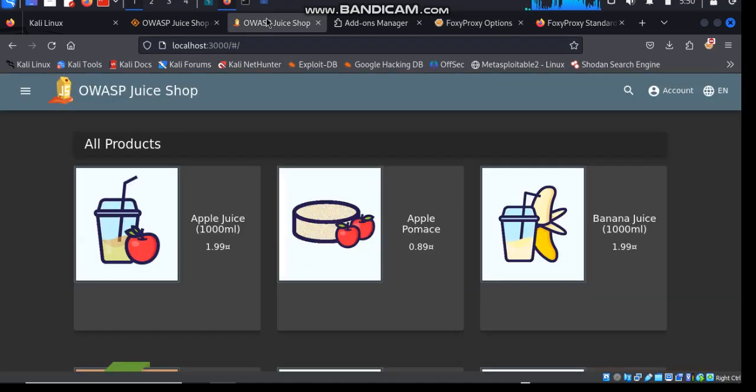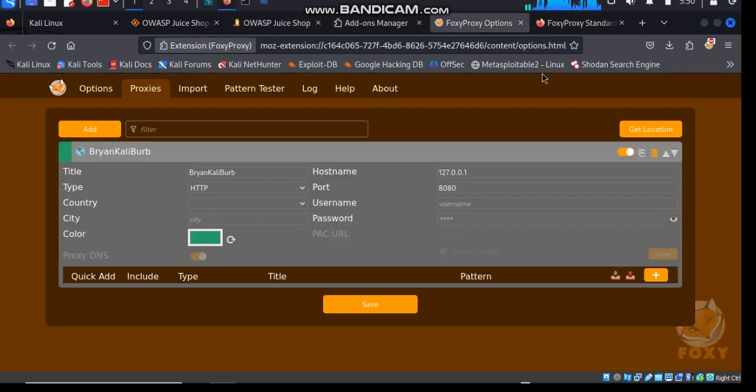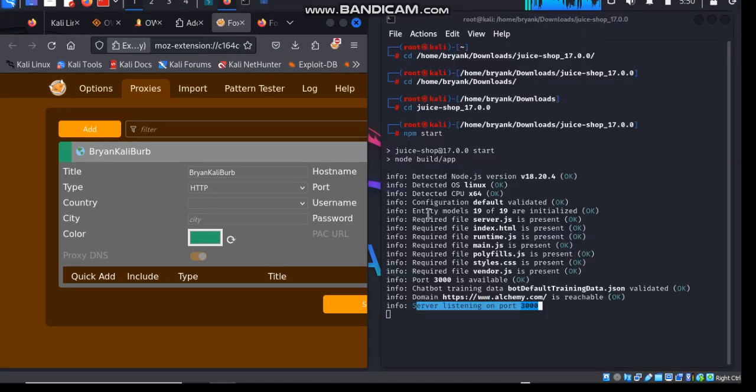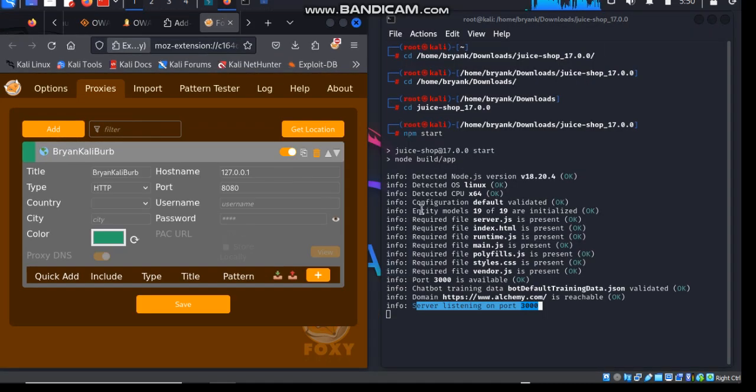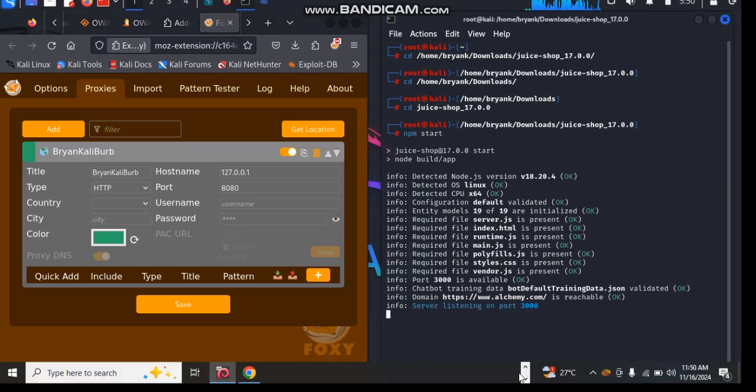So we've succeeded. Our Juice Shop is open. Our FoxyProxy has been installed and fixed, and our Juice Shop has successfully run. We did justice to this today. So please get to this point in your setup so that by the next class we will go straight and perform the attack on the Juice Shop. It's going to be fun to watch and also engaging.